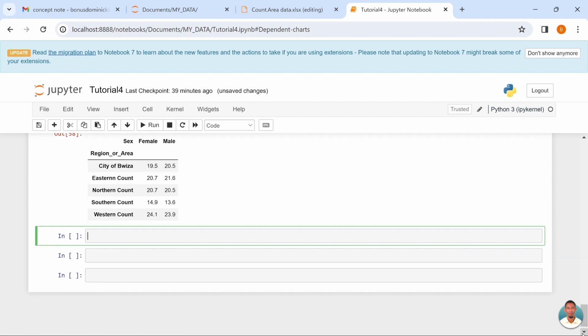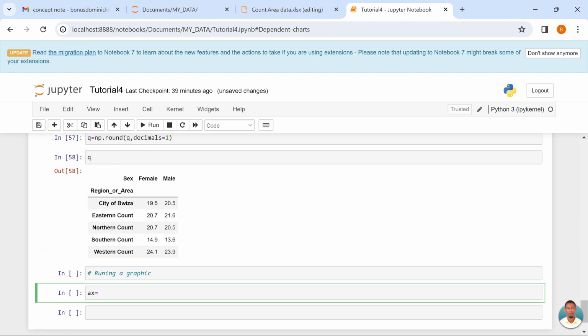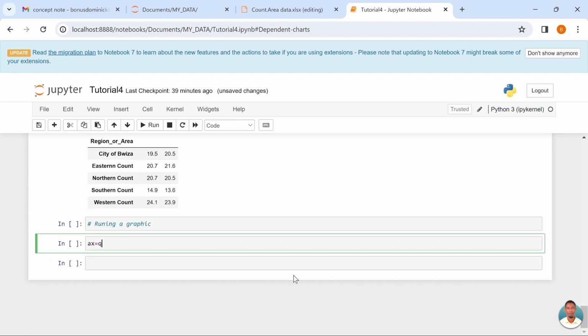Now running a graphic. Call it a new variable again, equal to your new created variable for the above table in percentages, which is Q, dot plot kind equal bar, comma rotation equal, let's say 50, comma start equal false,